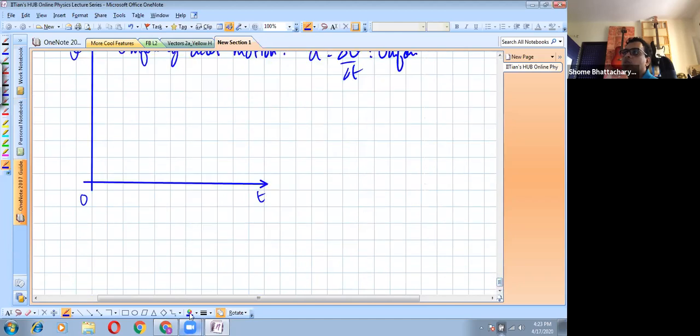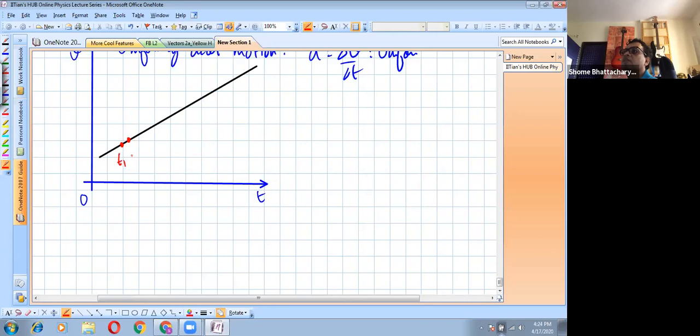So the conclusion you come to is that the velocity versus time graph here has to be which kind of a line? It has to be a straight line. It has to be of this type. Only then is it possible that, whether I am calculating the acceleration between this time and this time,